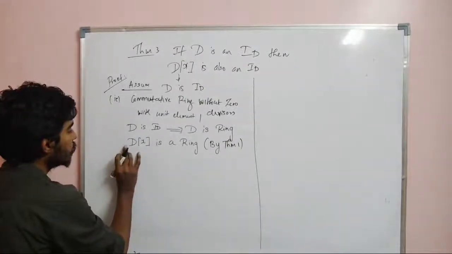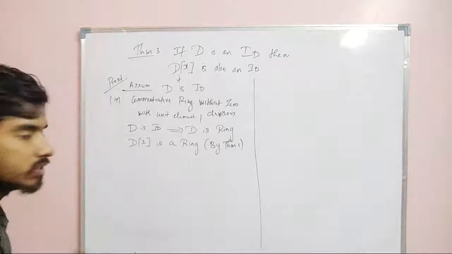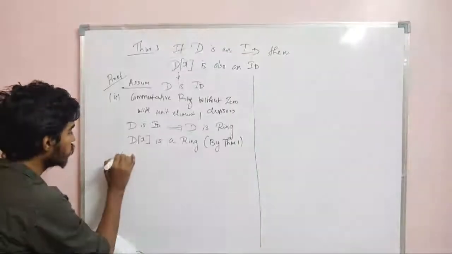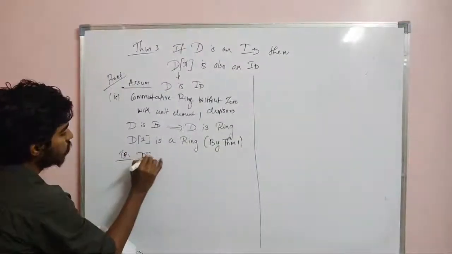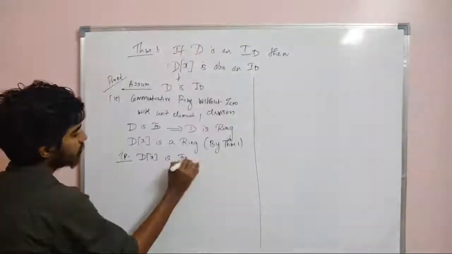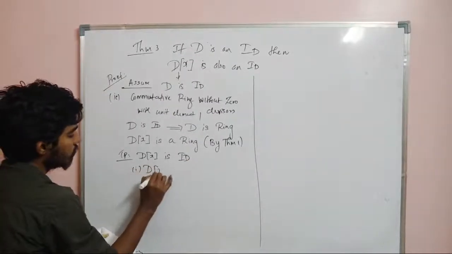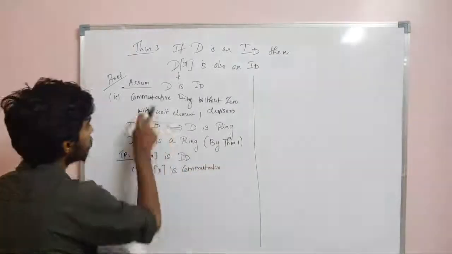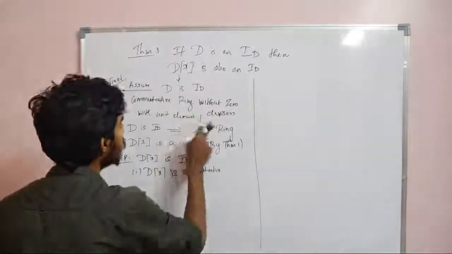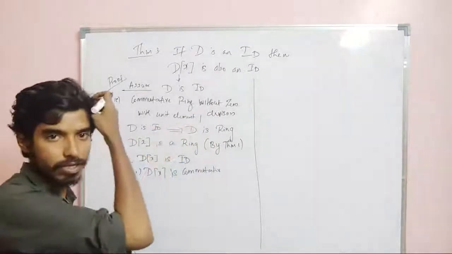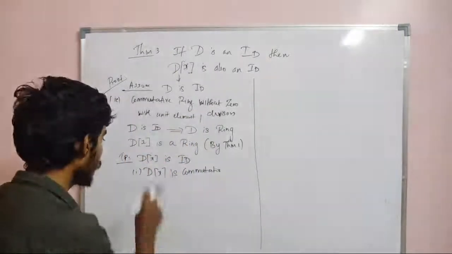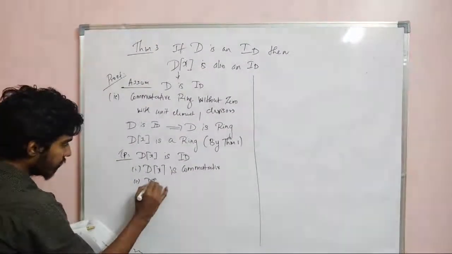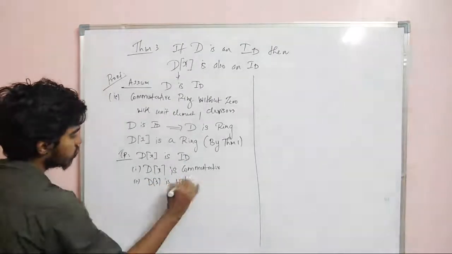Now we need to prove that polynomials over x, with the coefficients from an integral domain, form an integral domain. That means we need to prove D of x is commutative. It is because an integral domain is commutative without zero divisors and it should have a unit element. So 3 conditions we need to prove for an integral domain. We need to prove that D of x is commutative, and then need to prove D of x is without zero divisors,